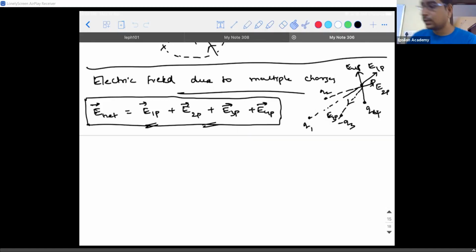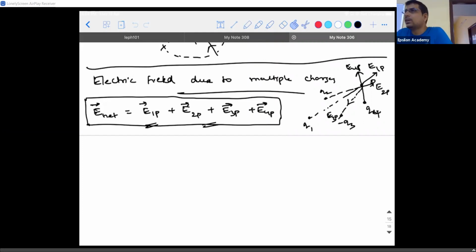So let's get started. Last class we saw what is electric field. We saw what is the value of electric field due to a point charge. I told you you're supposed to remember those values. It is 1 by 4 pi epsilon naught times the charge value, Q by R square. That is kQ divided by R square, that is 1 by 4 pi epsilon naught times Q divided by R square, where